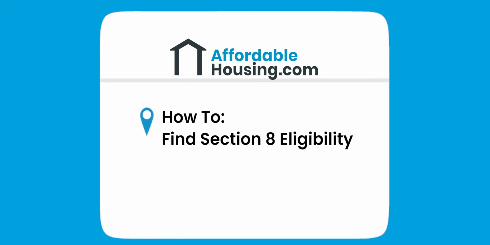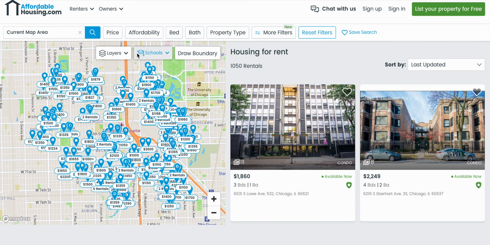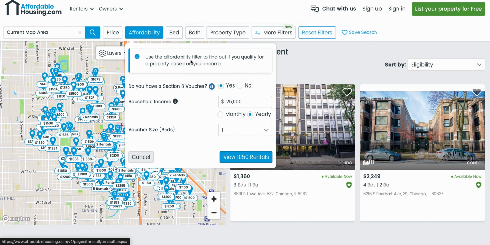How to find out whether you are eligible for Section 8 properties on AffordableHousing.com. Now families can search for affordable housing by voucher size. Let's say someone with a Section 8 voucher has a monthly income of $2,200 and a voucher size of 1